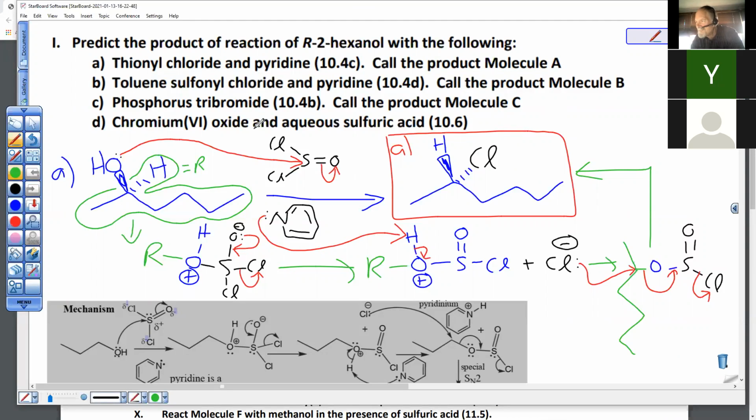Yeah. So I was just trying to figure out the chromium 6 oxide to chromic acid. I couldn't really figure out the mechanism for that. Thank you for pointing that out. That's something I didn't even want you to be able to do. When you see either that one or there's another one on the same problem set, the dichromate one, when you see that or this, here's what you're going to start with in the mechanism. These always give equivalent results, whether you have that version of chromium or this version of chromium with sulfuric acid and water. Here's where you start.